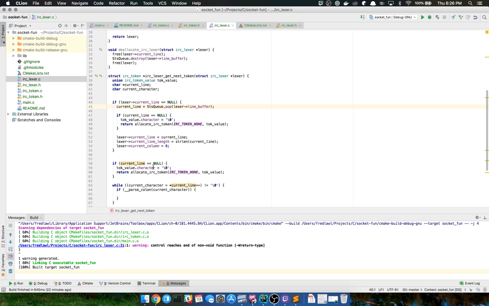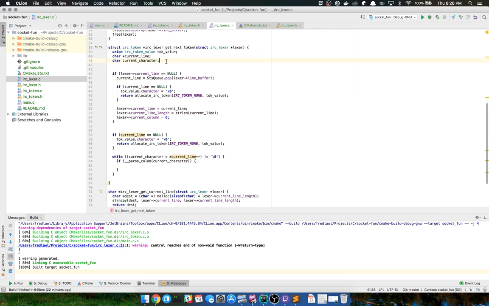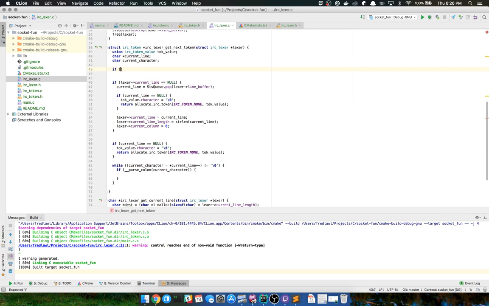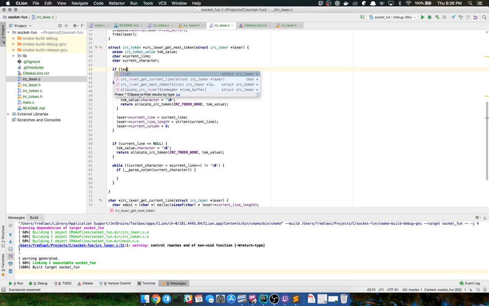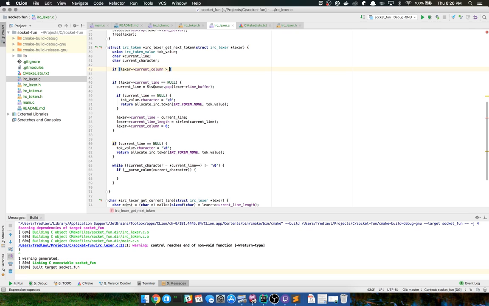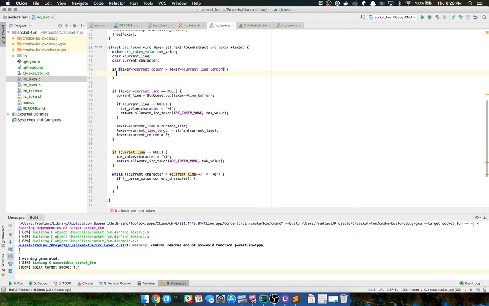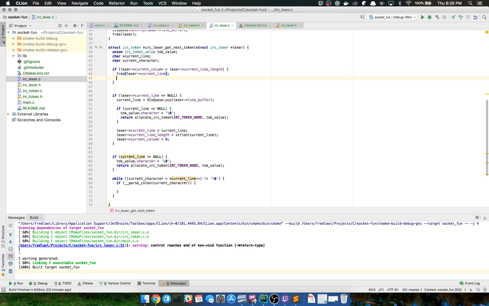I think what I'm going to do is, oh right, I know what I can do. If lexer current column is greater than the lexer current line length, then what we're going to do is we're going to free that current line, and then we're going to go ahead and set that to null.